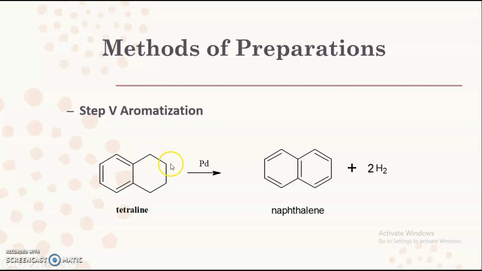So by carrying out the conversion into the unsaturated form, we are going to convert tetralin into naphthalene. In this way, the Haworth process is used to carry out the synthesis of naphthalene. Remember, we have performed this process in 5 different steps. First step was Friedel-Crafts acylation. Second step was Clemmensen reduction. Then third step, where we have carried out the ring closure reaction. Again fourth step, we have performed a Clemmensen reduction, and last step is aromatization. So this is about the first method that is used for the preparation of naphthalene.